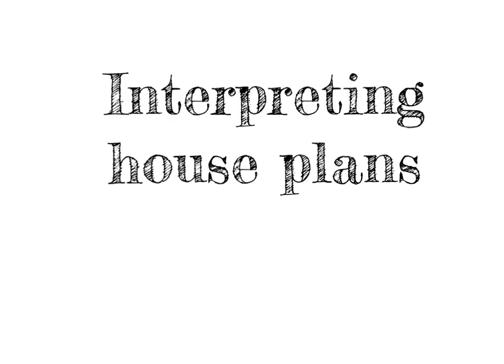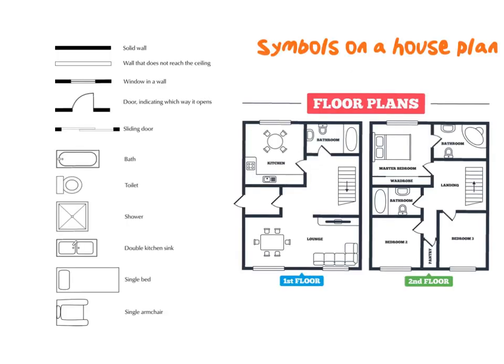The topic of interpreting house plans pops up in past exam papers really often, and there are different questions that can be asked. To understand house plans, let's look at some basic symbols that are used. Here we can consider some basic things that are used on a house plan. Firstly, solid walls are indicated with a thick outline like that, while sometimes you will also see an open line